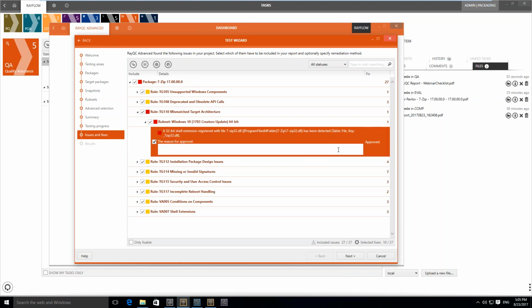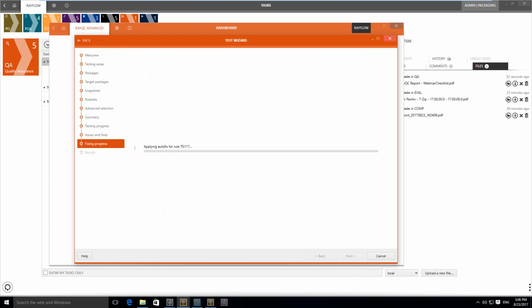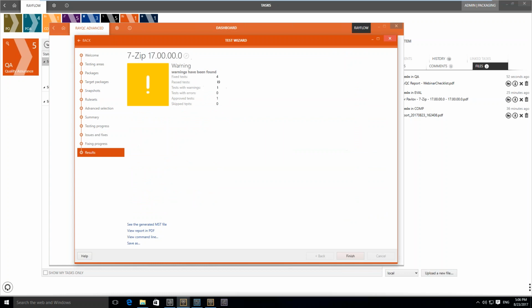The package is still working on Windows 10 because that DLL might apparently be not used at all. It's just part of the package for some reason. So we may say ignored, confirmed to be working. It's just an example of how the feature of approving your, so to say, expert opinion works. So if you select that, and some of the rules might also be automatically marked for fixing, if we go next, there will now be a fixing progress, and at the end, the package is yellow, which means there are